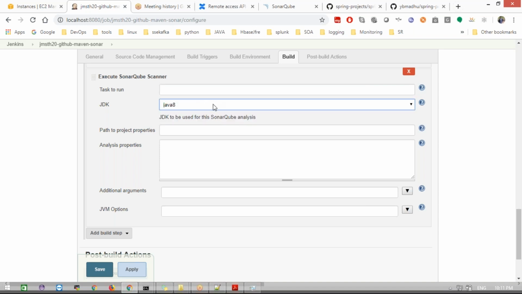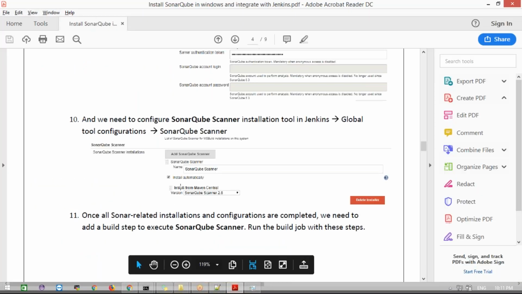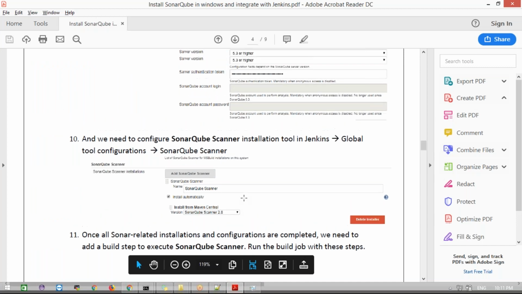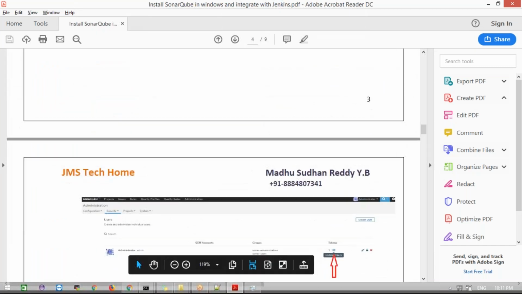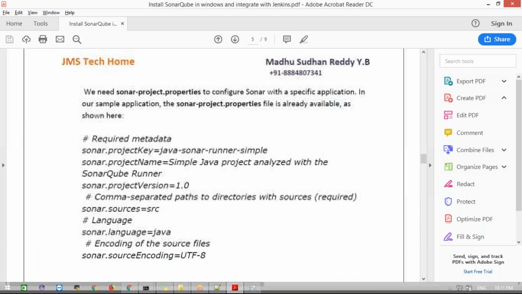How did I get this name, guys? I added my custom Java inside my global tool configuration. Then, if you are using the sonar-project.properties file, we need to use that file name. Or else, if you're not giving it, we need to add these properties. Where do I get those properties? Go here, I need to copy and paste here. Okay, it will work. From where I need to go, a little bit down, copy paste.